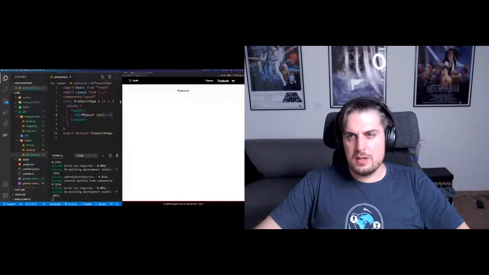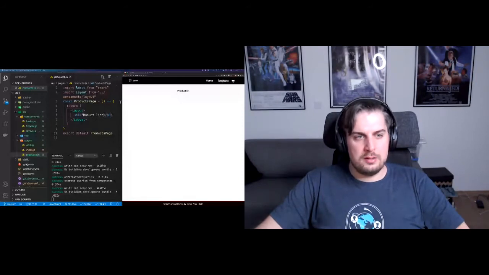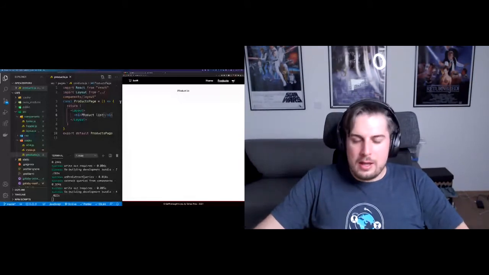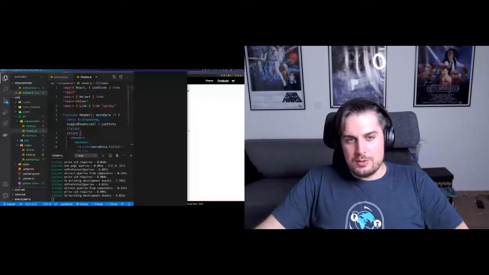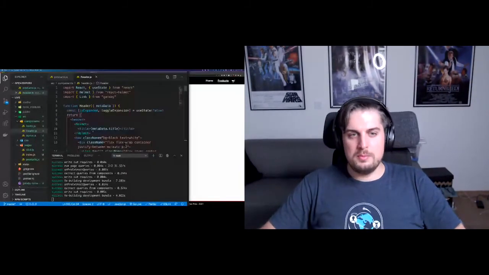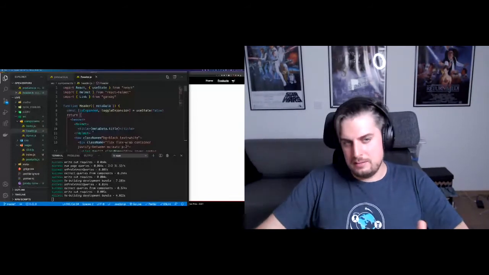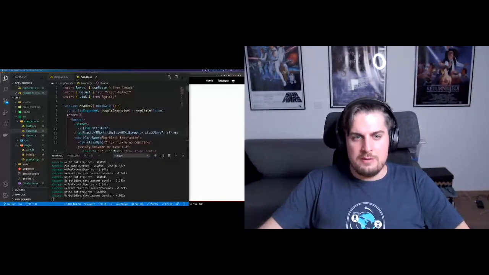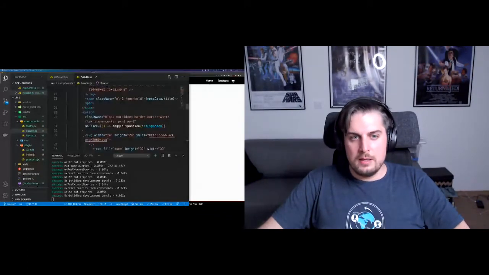Also, if you're curious as to how come I could load the products route by clicking on the products menu item, you need to open header.js. And I could have separated out the navigation from my header, but I didn't. I just put everything inside the header. But if you take a look at the navigation element in here, you will see that there is a link. Where is it? There are a bunch of links. There we go. So there's a link